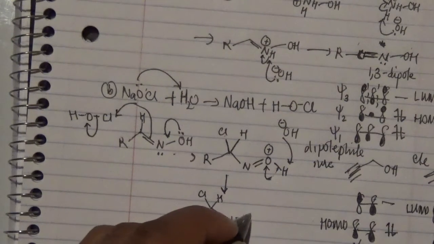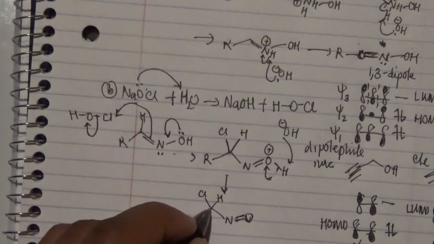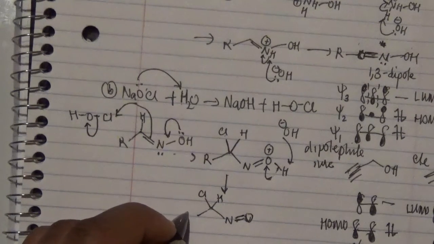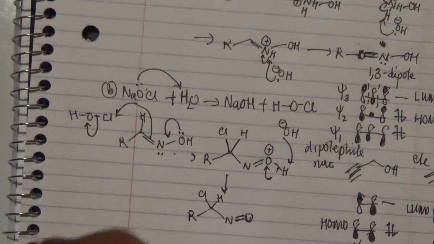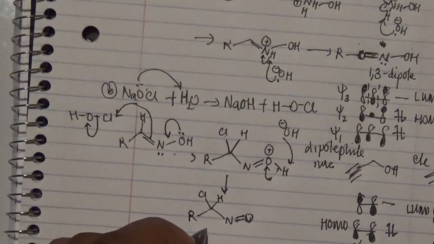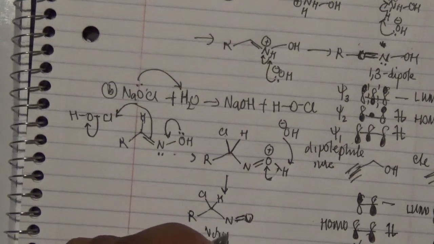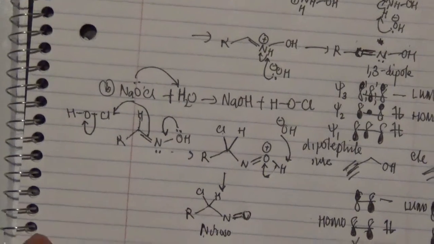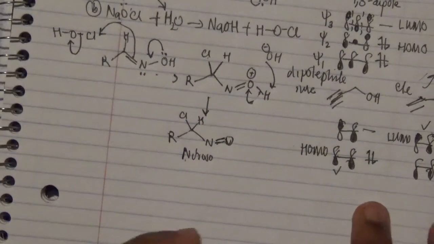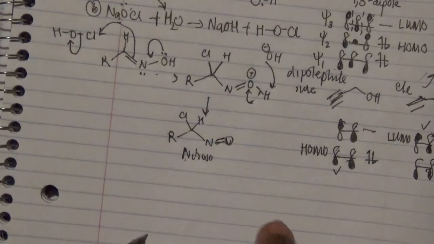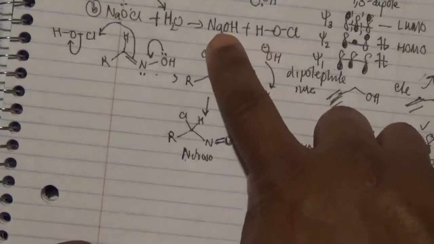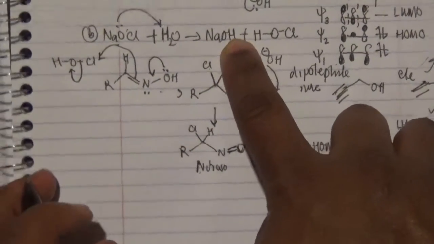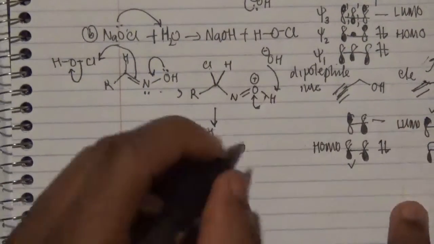Nitrogen forms a double bond with the oxygen, and this is another species that has a 1,3 dipole state, where this species is actually called a nitroso species over there. And so this nitroso is being formed. What happens next is that you take note that this sodium hydroxide, which has a hydroxyl group,